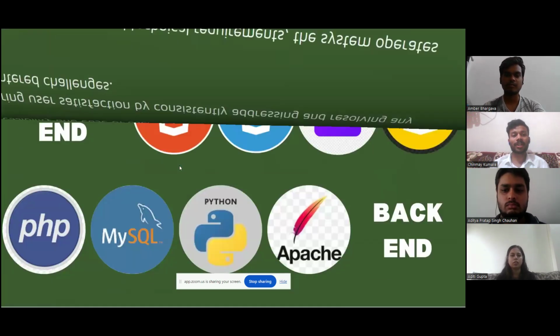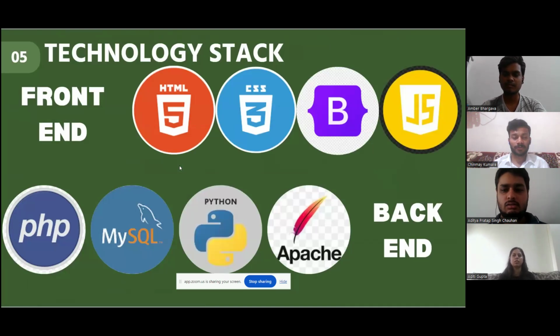Now for the backend, our team leader will explain all the tech stack used in the backend and how it works. So these are the backend technologies: PHP, MySQL, Python, and Apache server. If the farmers are in trouble, they can contact the organizers. And there's a community section, so they help each other and communicate with the organizers and the farmers, so they can contact them easily.